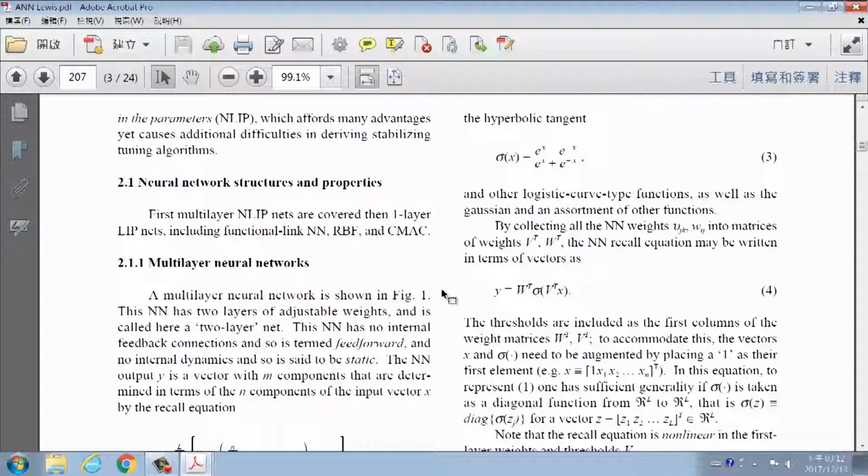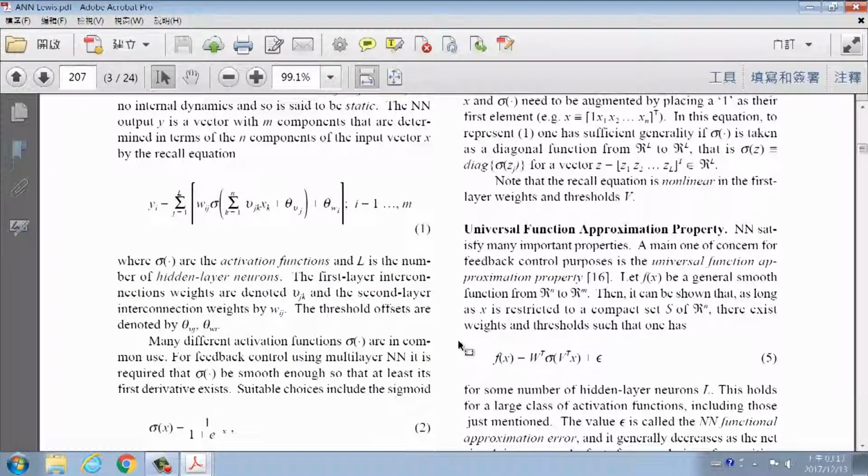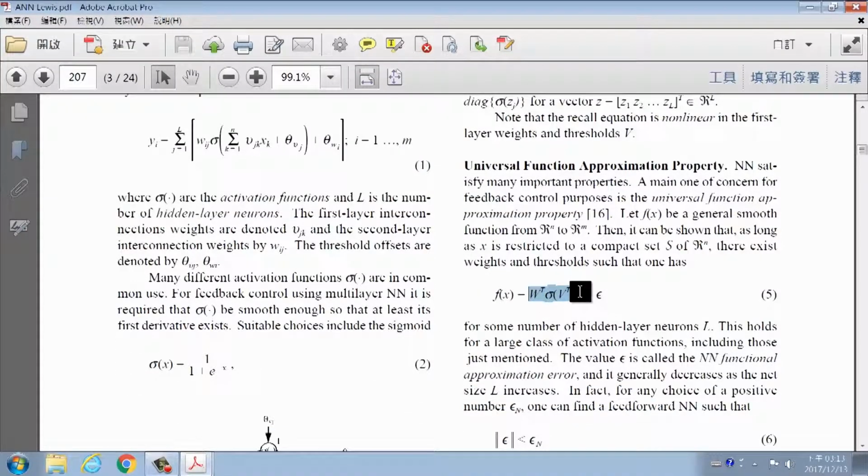So eventually, we can write this down into a simpler form, which is this. This equation 4 is equal to equation 1. And remember that this is the neural network, right? Artificial neural network. It can be used to approximate a nonlinear function f with a small approximation error. It always exists, which means that you cannot